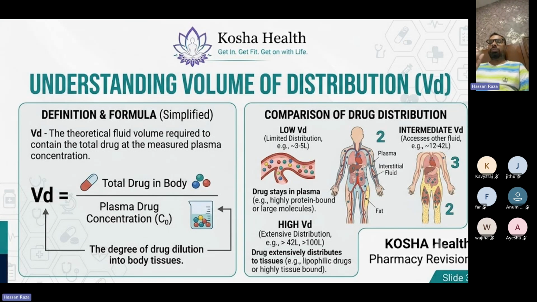An NSAID has to work on the cell membrane, say on COX-1 or COX-2. So we cannot determine the concentration which goes to the cell membrane and works on that membrane, and we cannot exactly determine the amount of drug which will reach that specific receptor. So what we do is basically